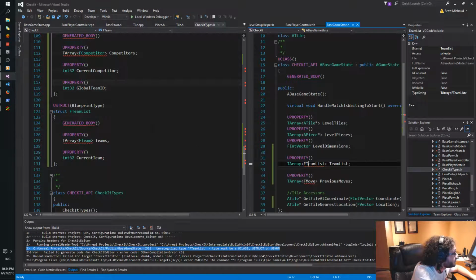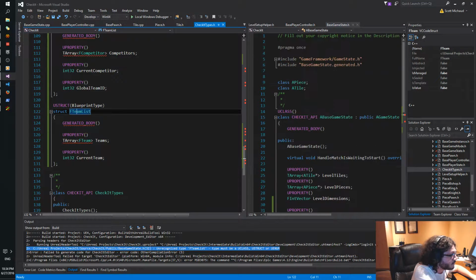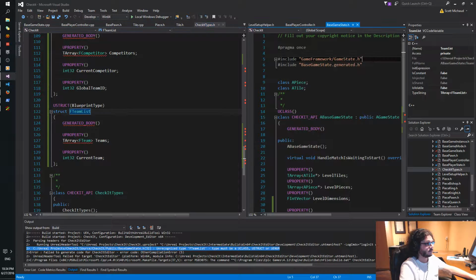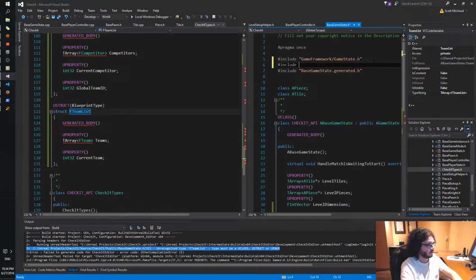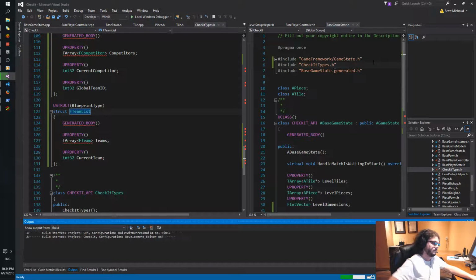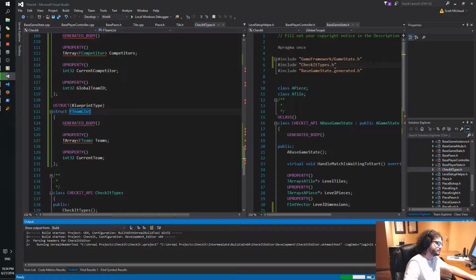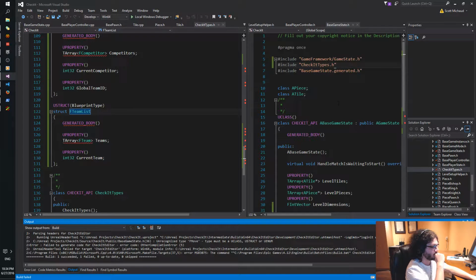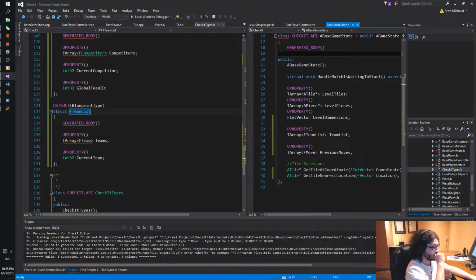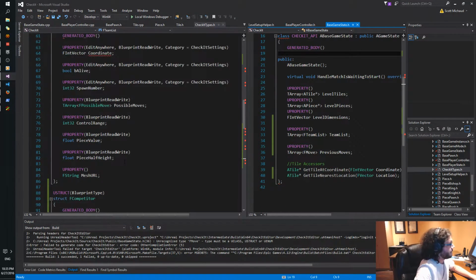F team list. Oh, didn't include the types. Oh, I didn't include F move yet.